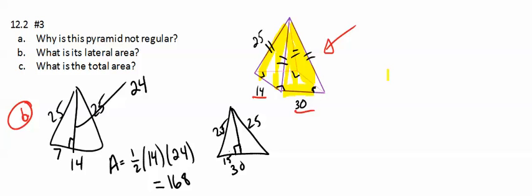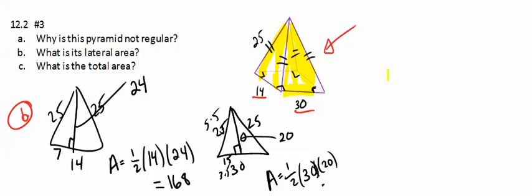And because this is 15, it's a multiple. This is a 3, 4, 5. So this is 3 times 5. This is 5 times 5. So this would be 4 times 5, which is 20. Therefore, the area would be half times 30 times 20,